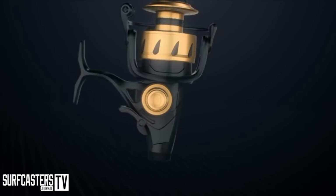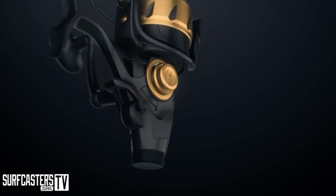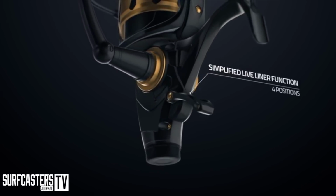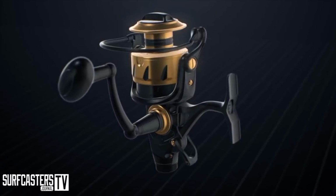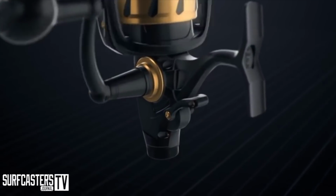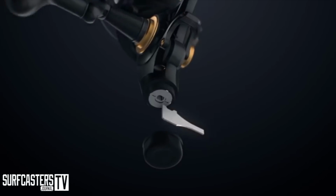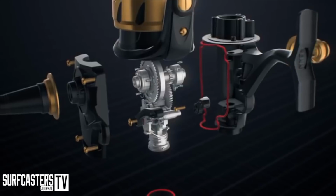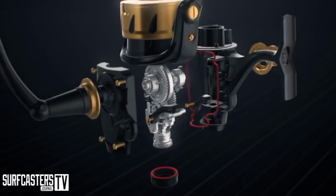We've simplified the live liner system in the new SPINFISHER 6. The rear switch now has 4 positions that increase the amount of drag while in live liner mode, which is then disengaged with a turn of the handle to fight your fish. The overall system can be adjusted using a set screw in the rear housing. By updating this new system, we were able to build a reel that meets IPX5 standards and simplifies its use